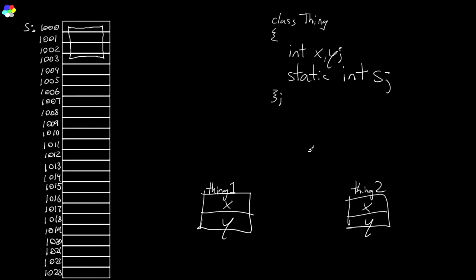So let's look at an example of a kind of static variable. So if you've got a class thing, it's got a couple of member variables x and y, and it's also got a static member variable s. So if you create a couple of objects of type thing, they're going to have data for x and y, but they're not going to have data for s, because s is shared by every instance of class thing. So s is stored in static storage here. This is where your s is going to be. And when you do